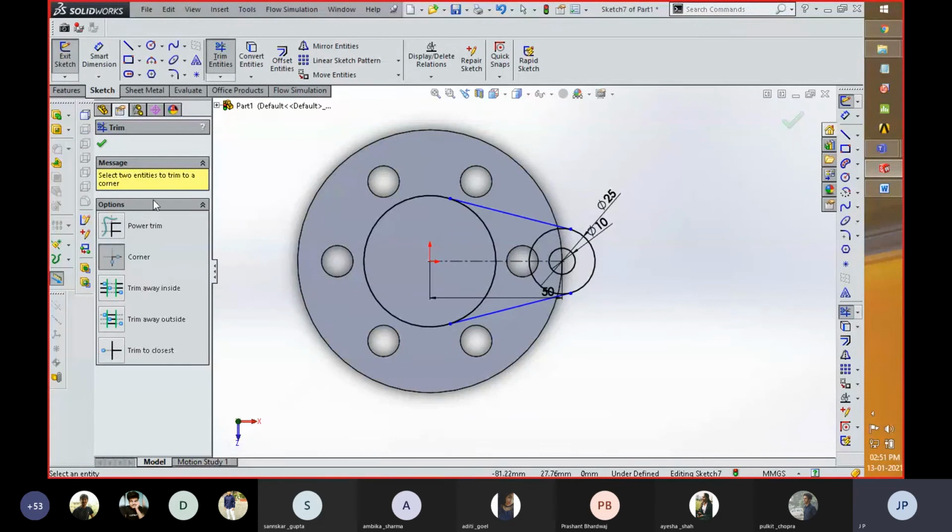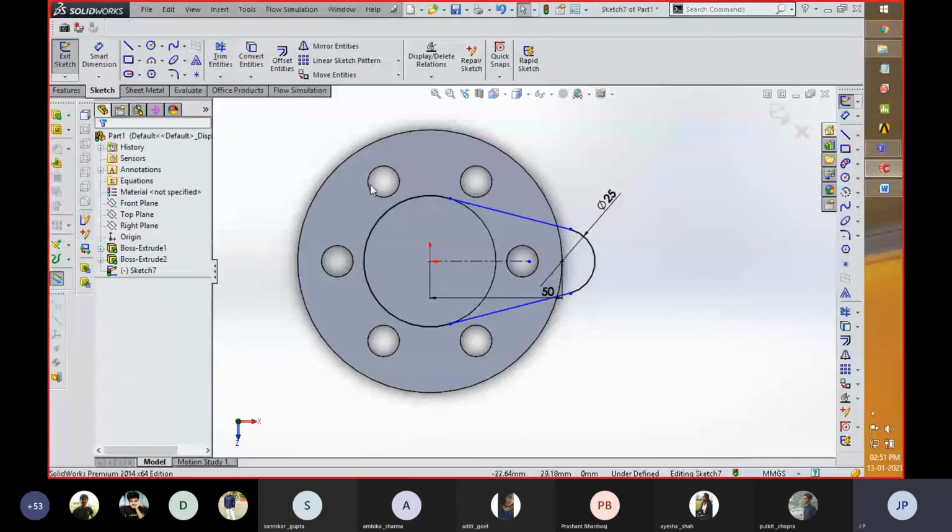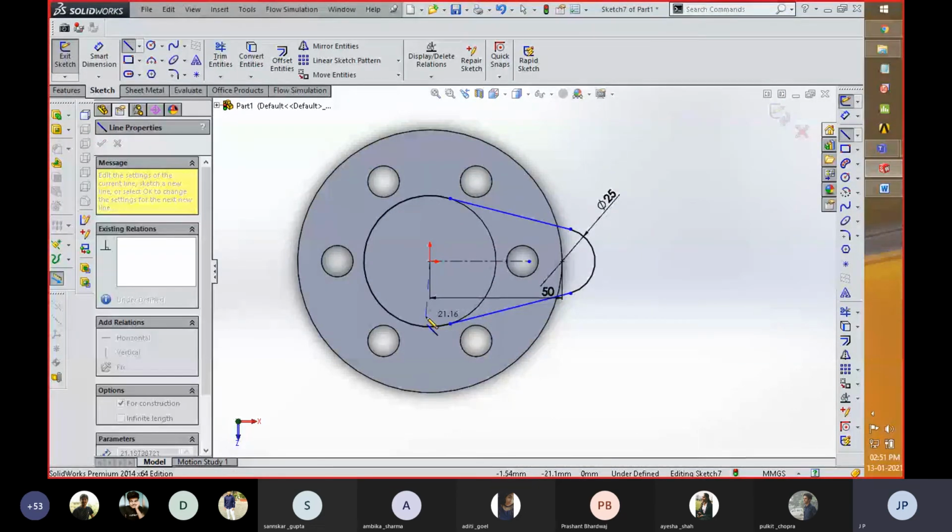For that purpose, I am going to use this power trim, and you can see over here the trim is done. With the help of this, we have to mirror this whole component from one side to another. But before mirroring, we need to create a construction line for mirroring.